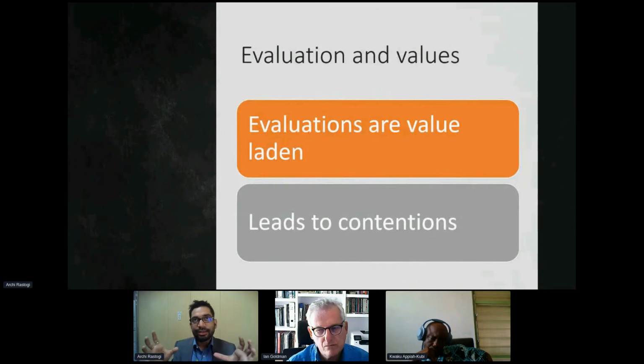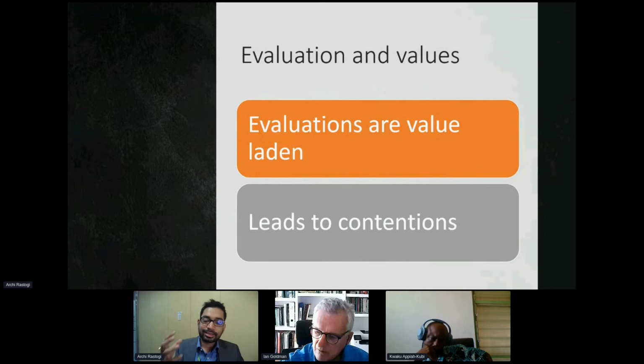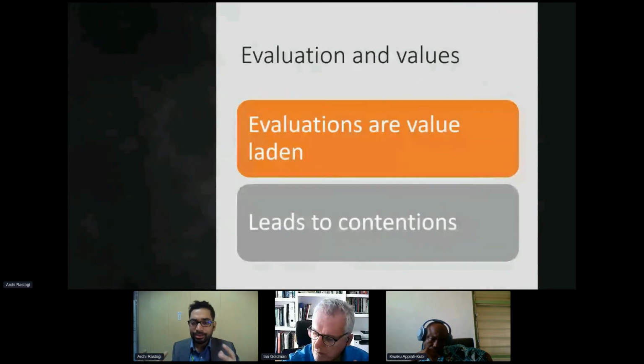And therefore, an evaluation can subscribe to many different competing worldviews or normative frameworks at the same time, very often. One other important point is that evaluations also subsume or assume some amount of uncertainty, and are very often based on certain assumptions, which can then also be contested and can lead to some sort of a sense of coherence